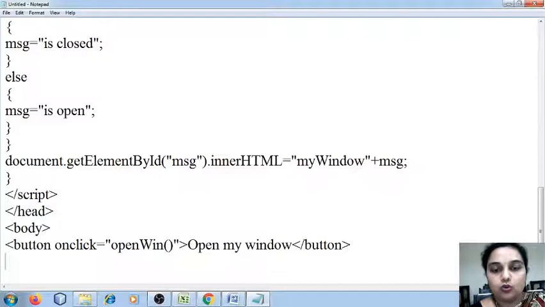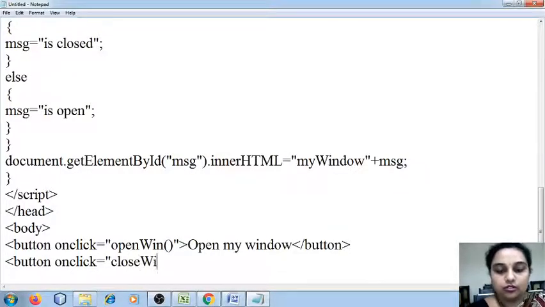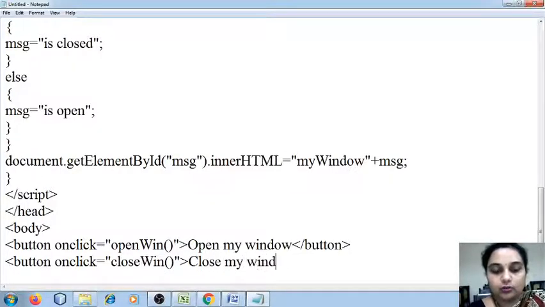This is for opening a new window. Next button for closing, closeWindow, which I'm going to write as close my window.